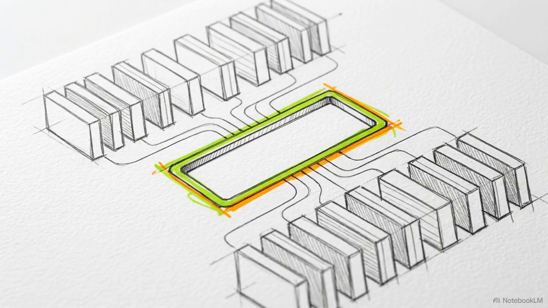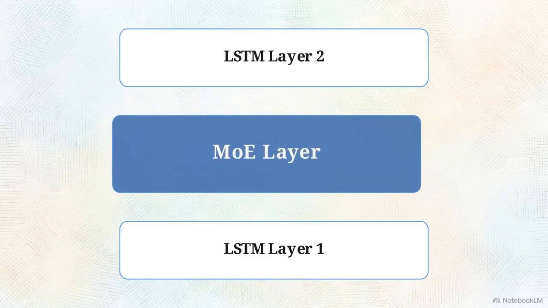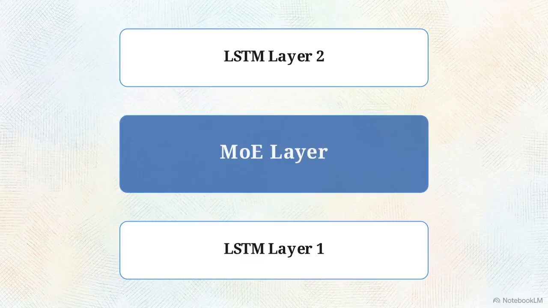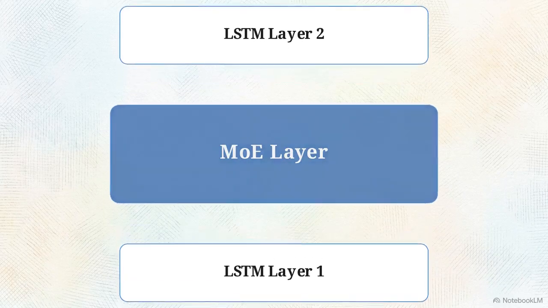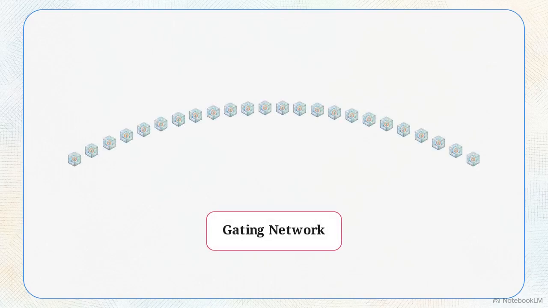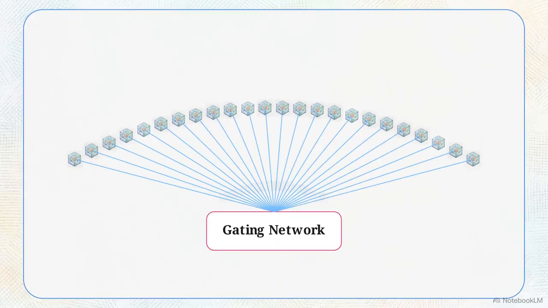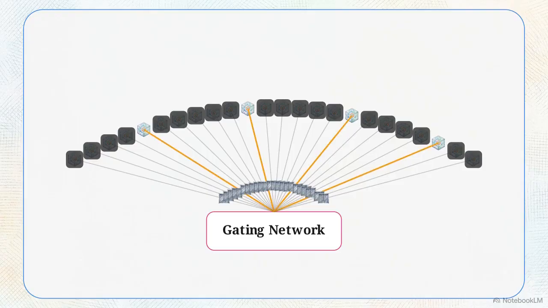The paper executes this concept by introducing the Sparsely-Gated Mixture-of-Experts, or MoE layer. In their language modeling experiments, this acts as a drop-in component inserted directly between stacked LSTM layers. The layer's internal structure consists of independent feed-forward networks, the experts, alongside a trainable gating network. When an input arrives, the gate produces a sparse vector. This actively blocks data to the majority of the network, leaving only K experts active.